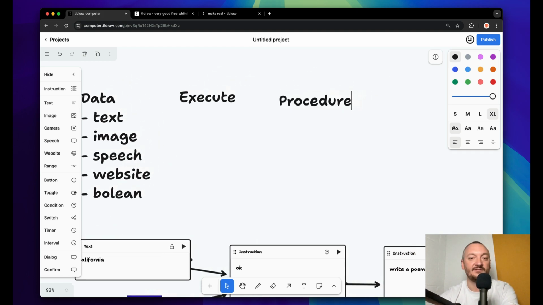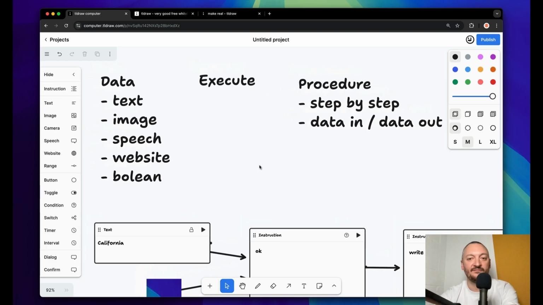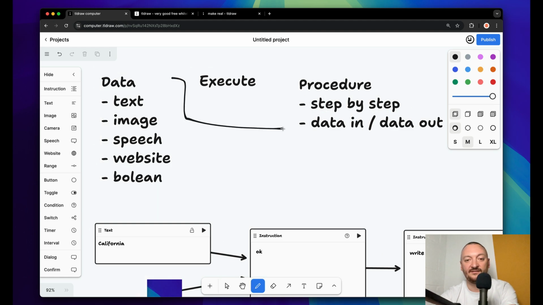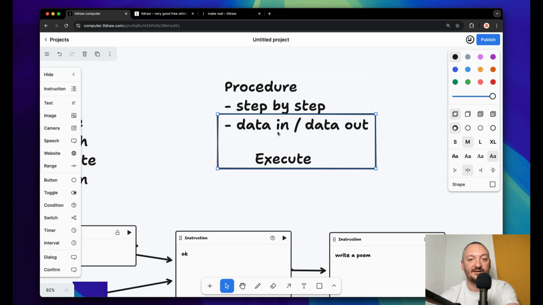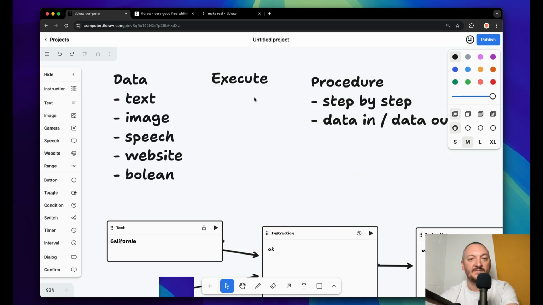A procedure is a step-by-step data in, data out. Take your inputs and create some sort of new data as an output, and that data is going to be collected from all of its inputs, right? And when we execute it, that's when we actually run that procedure based on the inputs, and that is